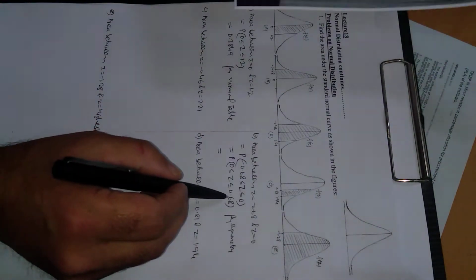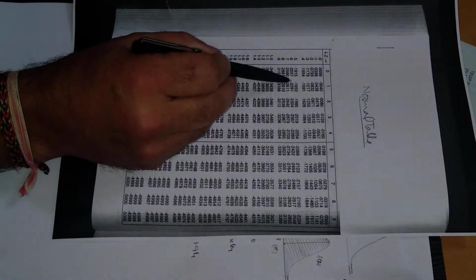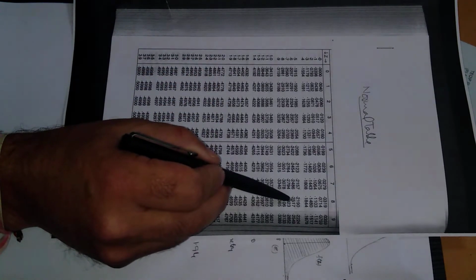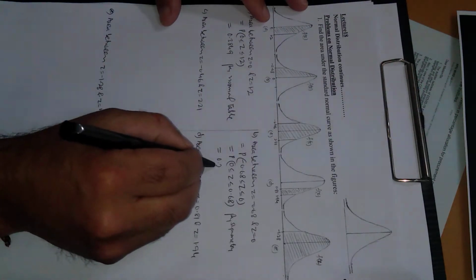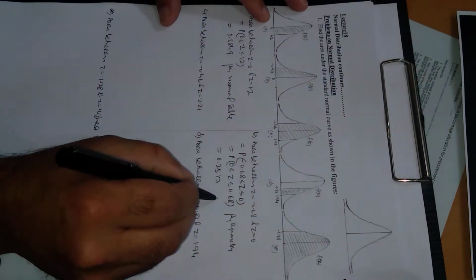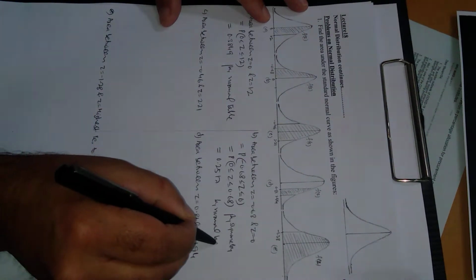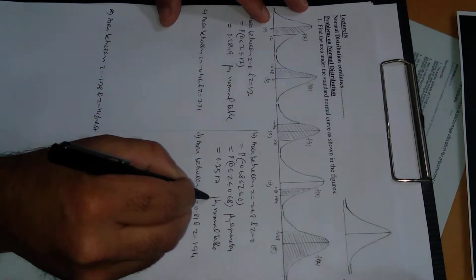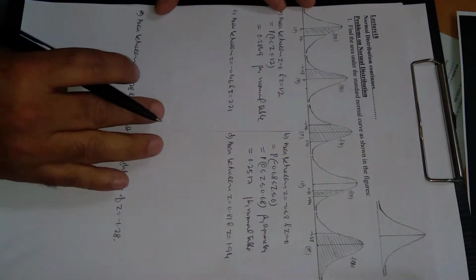Now again we will use the normal table. So go through the row 0.6 and below the column 8. 0.6 is here, and below the column 8 means 2517. So this is 0.2517 by using the normal table. Now come to the third one.